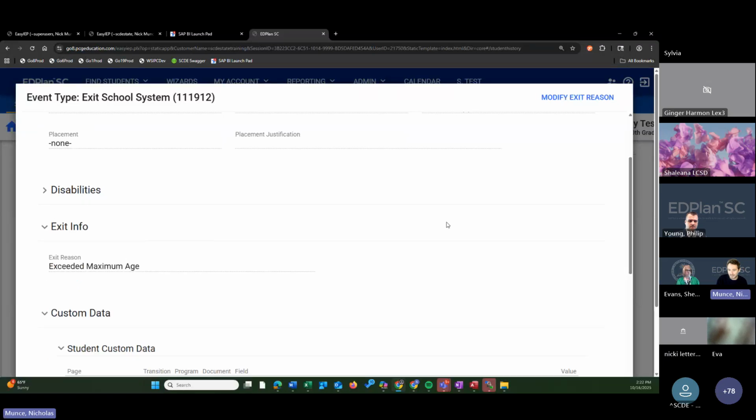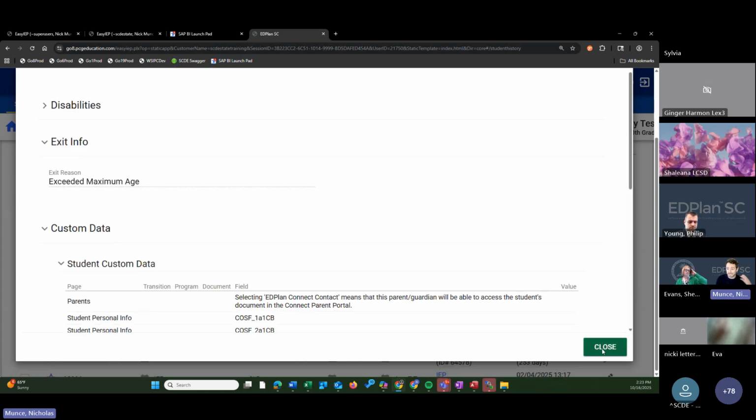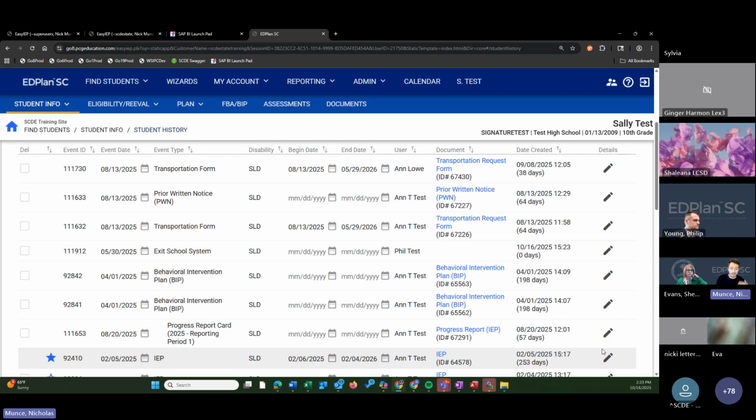So just to summarize back, if you have any issues with students that are still showing active but you know should be inactive, EdPlan does not receive that data nightly after the year turns over. So you can do that manually by going to the personal info page, scrolling down, choosing inactive students, making that student inactive with the correct date and reason, and then they'll populate table 4 the next day.